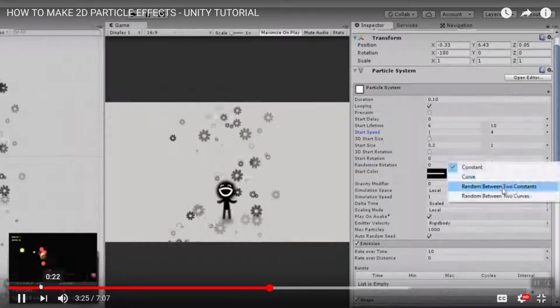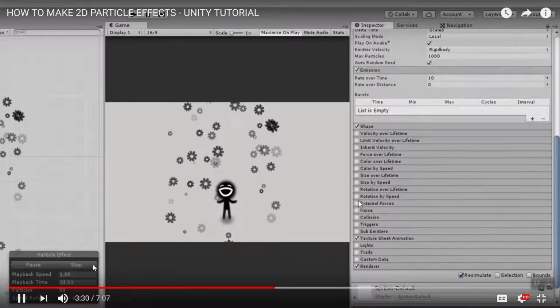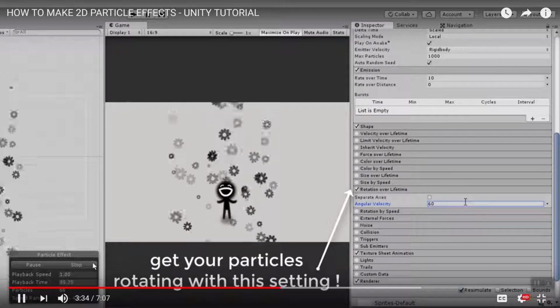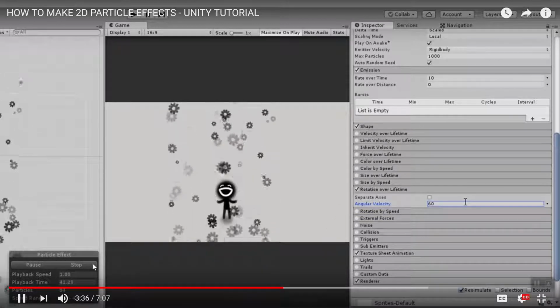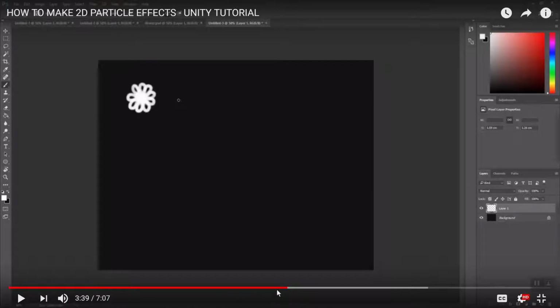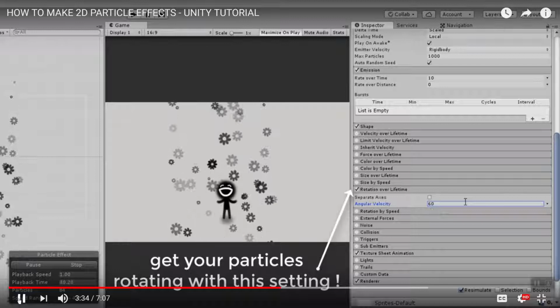Randomizing the start rotation of each flower in this case is also nice. And there we go, a cool flower particle effect. I usually don't settle though on making just one particle. Okay, that time I saw it. Under rotation over lifetime, you can change that to 60 angular velocity. There we go, a cool flower